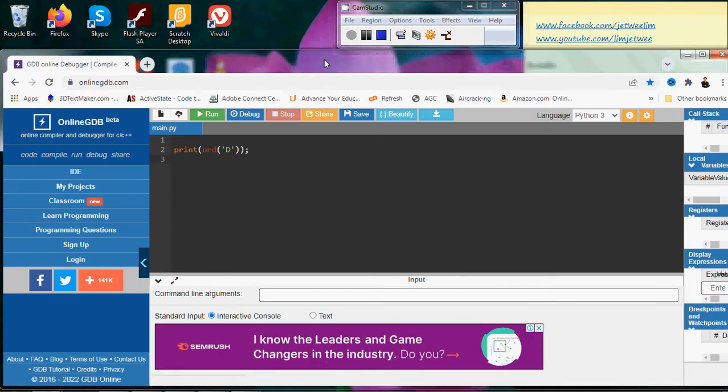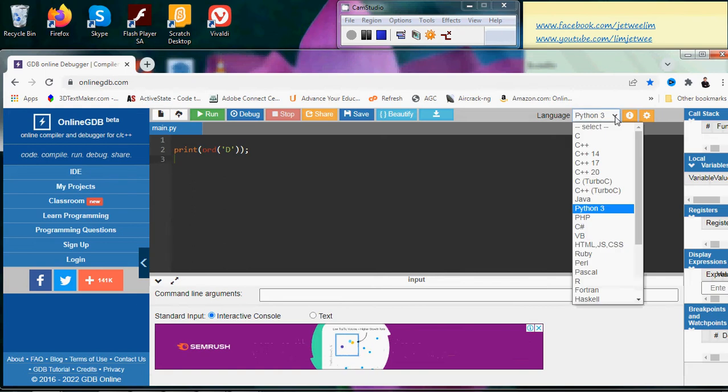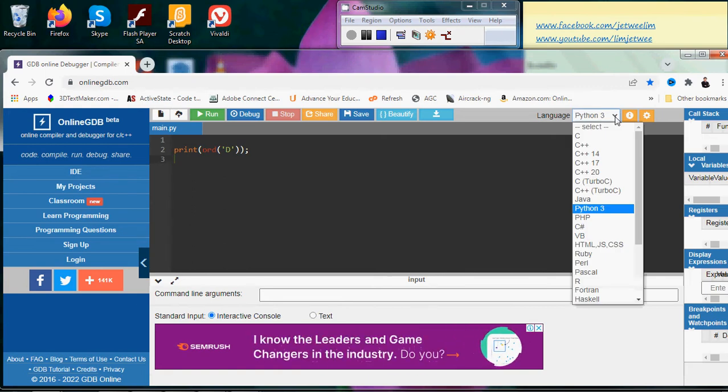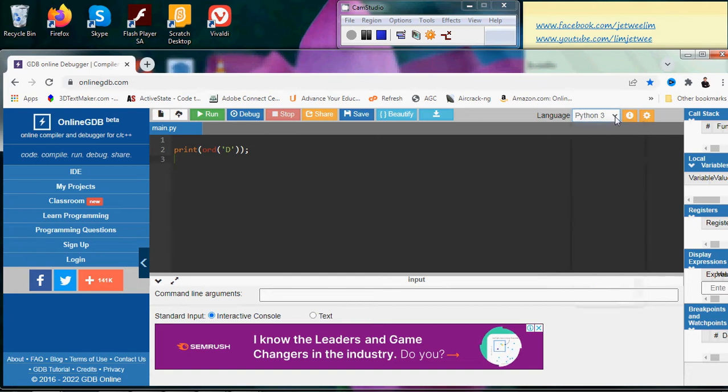Okay, let's continue to use the online compiler, the GDB, and of course remember to set your programming language, in this case is Python 3. Alright, now